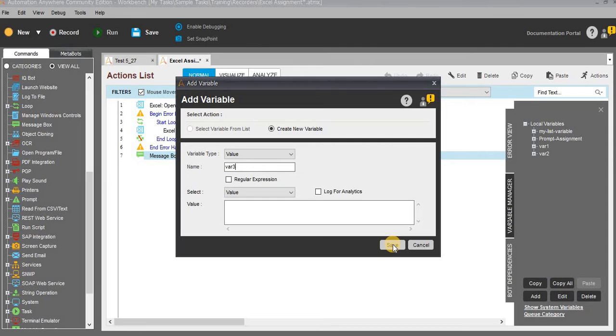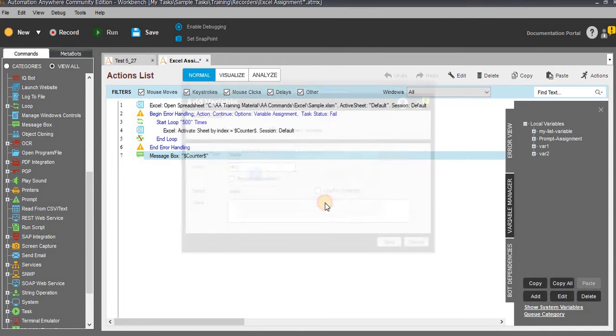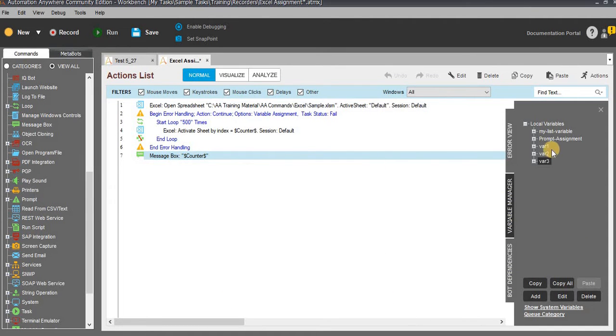But in your case, while doing real-time projects, you should not use basic names. Just give exact names. Like if you are using a get count, then just use get count, or something easy to understand. Anyone should be able to understand the variable name in future. So just give exact names. So I have added 3 variables, null values, without any values.